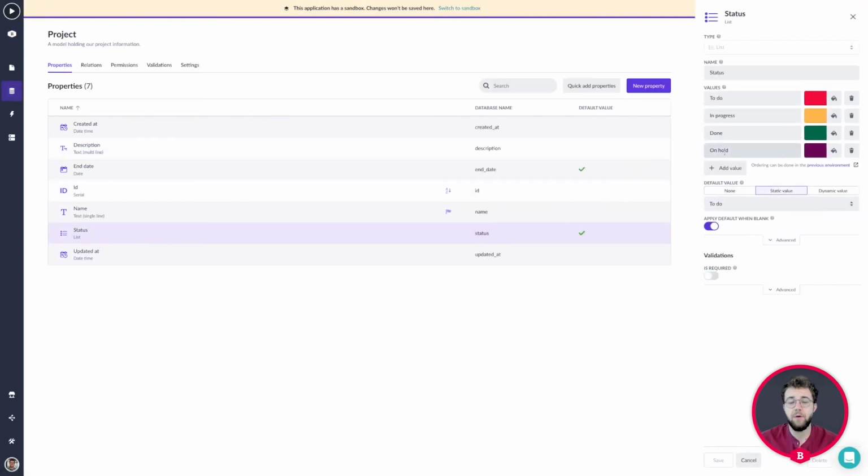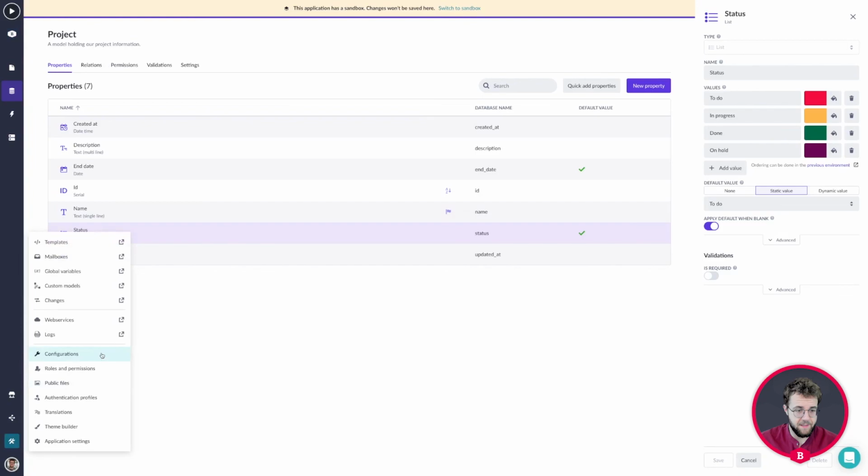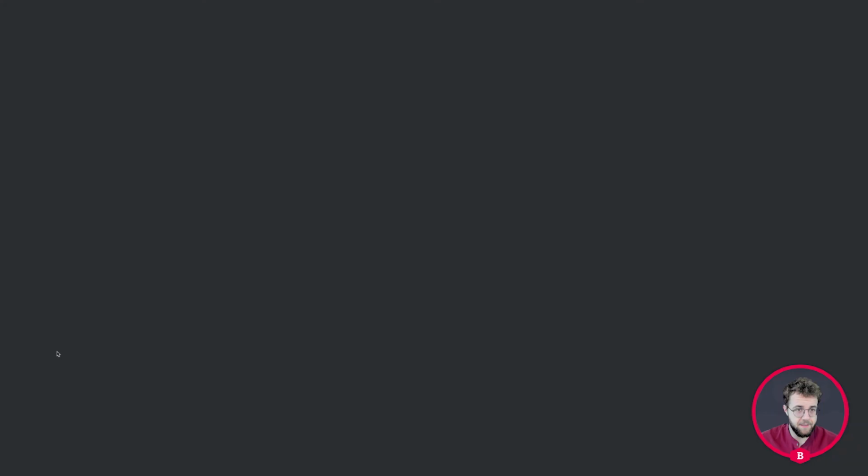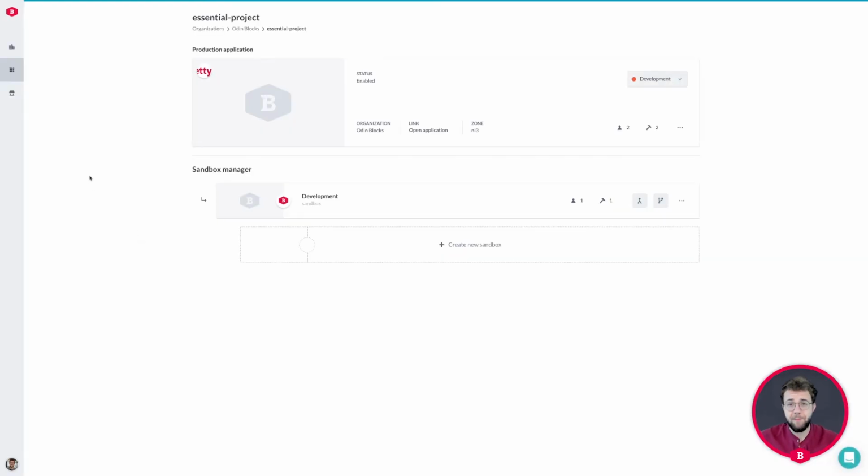And as you can see, the on hold list value has now been added here as well. So let's dive back into my BettyBlocks. After you finish your application, you now know how to invite users into your backend by inviting them either as a builder or a user. You can invite them for your production environment or for any sandbox that you create separately. You know how to create a sandbox and what you need to do to merge, and I definitely recommend creating